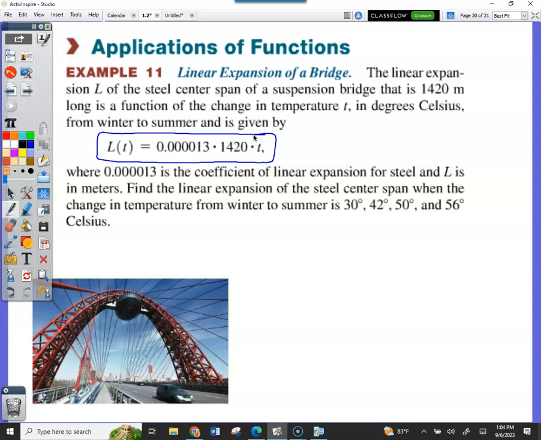I don't want you to necessarily try to wrap your mind around it because I'm not asking you where they came up with 0.000013 times 1420 times t. I don't care where it came from. They're giving it to you. You just need to know, okay, the function is L, the input is T, T is temperature, L is linear